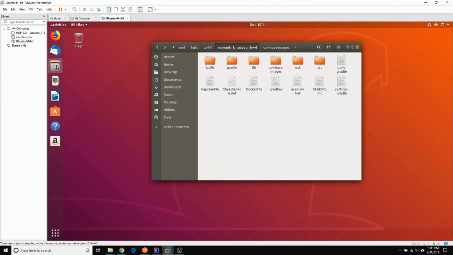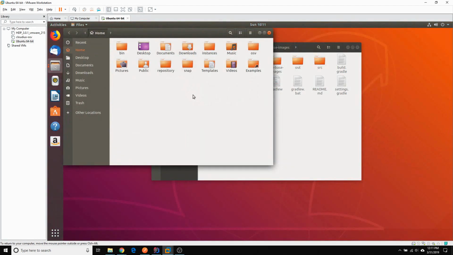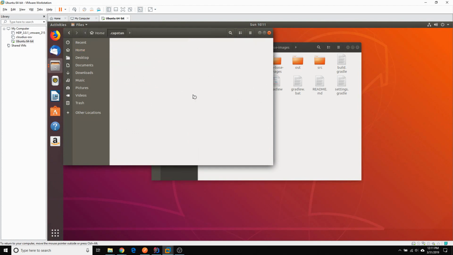So let's check out what were the files that were created when we issued the capstan build commands. So I'll just browse to my home folder and then capstan. So here you can see there are two folders called instances and repository. So when we issued the run command, it created a QEMU instance with our project name, and here you can see the config for this VM and the disk image for